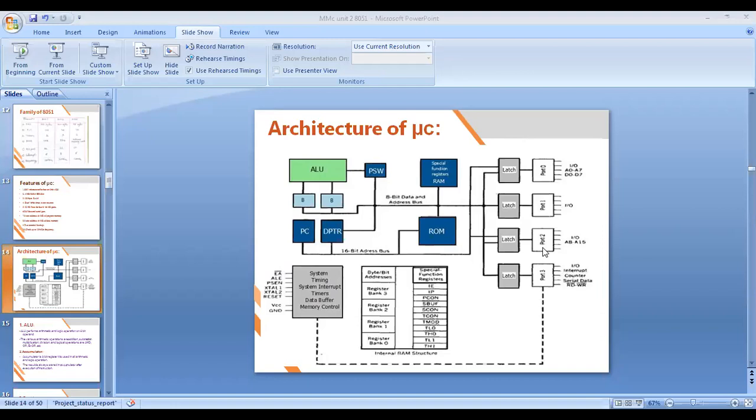See how you can represent PSW. PSW stands for Program Status Word. It is used mainly for two purposes. What is the first purpose? According to the result, it will make flags set or reset. First purpose, that is one. What is the second purpose? This register is also used to select a particular register bank. How can you use that? Whatever the third and fourth bits, PSW.3 and PSW.4, are there, according to those bits you can select